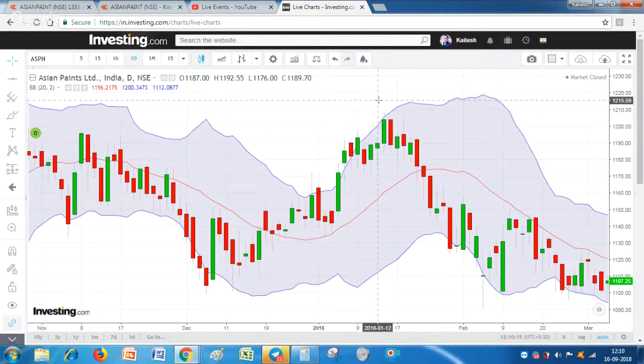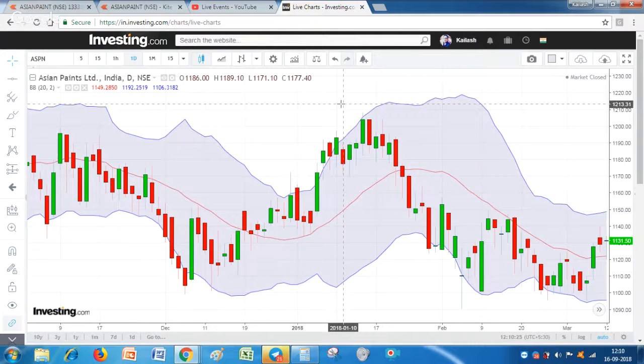And friends, always remember, we cannot sell stocks in the cash market. In the cash segment, selling is not allowed. If we sell some stocks in the cash market, there is a heavy penalty, so we should not forget that. So this strategy can only be for the people who are playing with futures. In futures we can buy and sell, but in the cash market we are not allowed to sell.